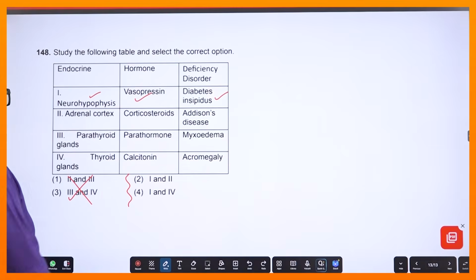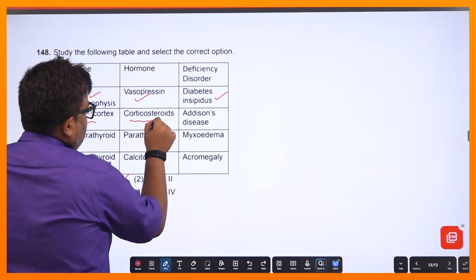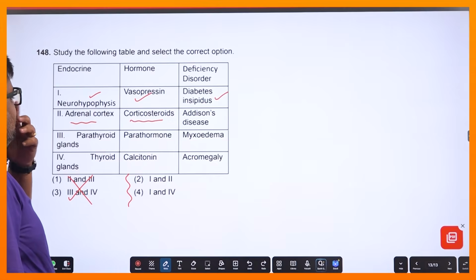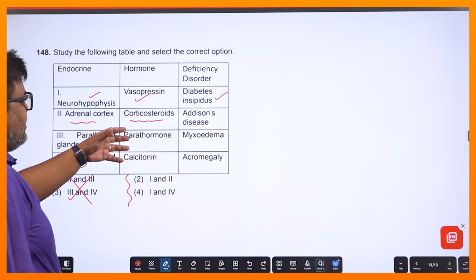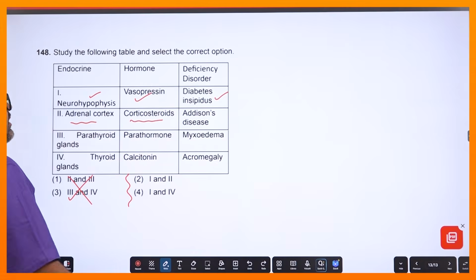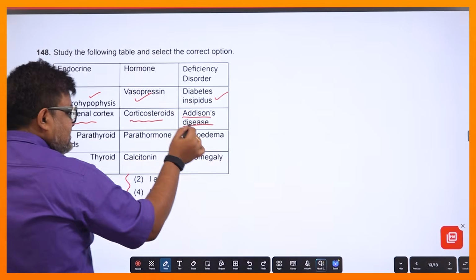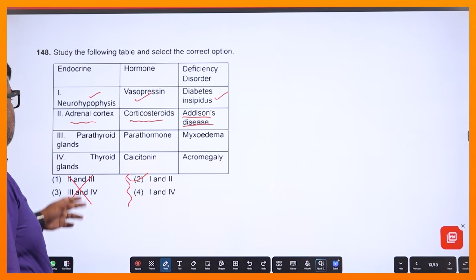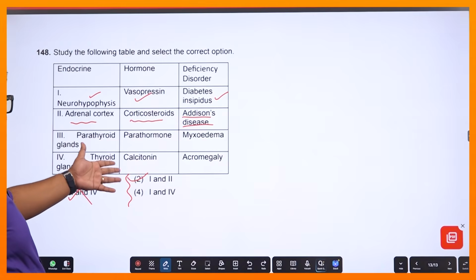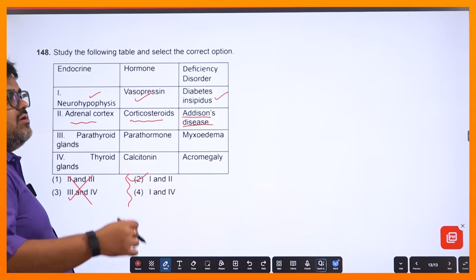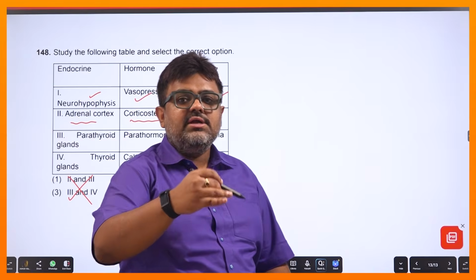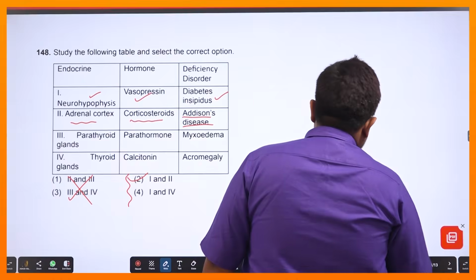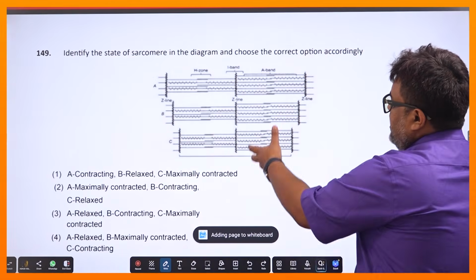এবার টুটা যদি দেখে নিই, অ্যাড্রেনাল কর্টেক্স, কর্টিকোস্টেরয়েডস, ঠিক আছে? জানিস যে কর্টিকয়েডগুলো তৈরি হয়, ওটা বেসিক্যালি স্টেরয়েড ক্যাটাগরির হরমোন, এবং ওর ডেফিসিয়েন্সিতে অ্যাডিসন ডিজিজই হয়, এনসিইআরটিতে লেখা আছে। তাহলে 1 আর 2টা হবে, ঠিক আছে? 1 আর 4টা হবে না কেন? কারণ থাইরয়েড গ্ল্যান্ড, ঠিক আছে, অ্যাক্রোমিগালি ইজ দ্য ওভার সিক্রিশন অফ গ্রোথ হরমোনস ডিউরিং অ্যাডাল্টহুড, তাই না? তো ওটার ডেফিসিয়েন্সি ডিসঅর্ডার তো এটা না, তো ওখান থেকে এটা বেরিয়ে গেল।